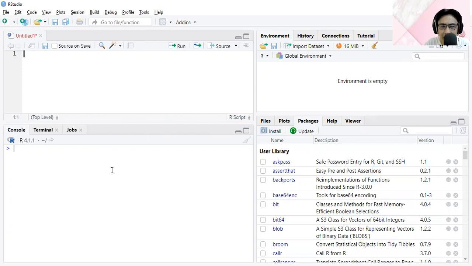We were able to store the value of a variable using the assignment operator, and we also had the chance to use some functions such as the list functions and the log functions. And then we were able to create vectors through the concatenation, the C function, and the vector function. So this time around, let me